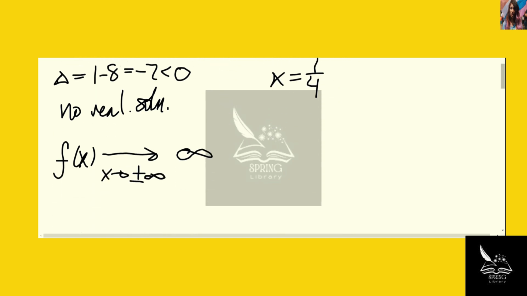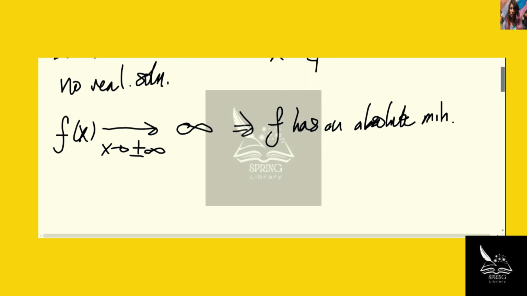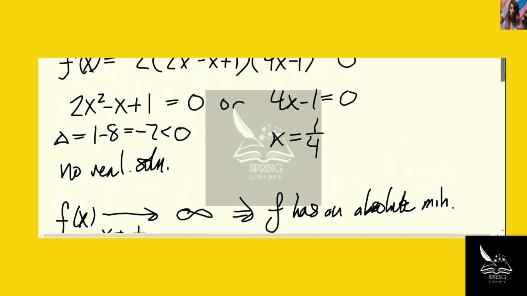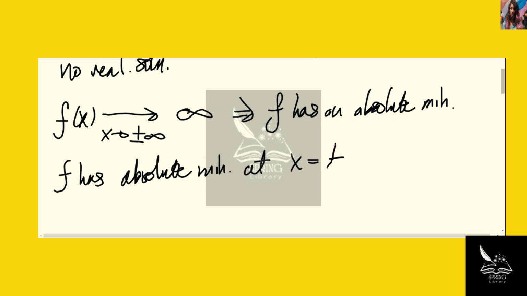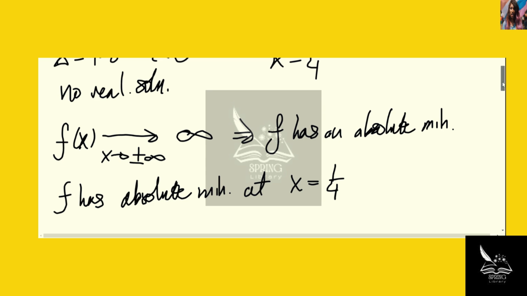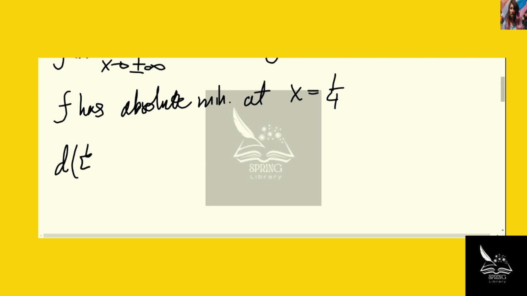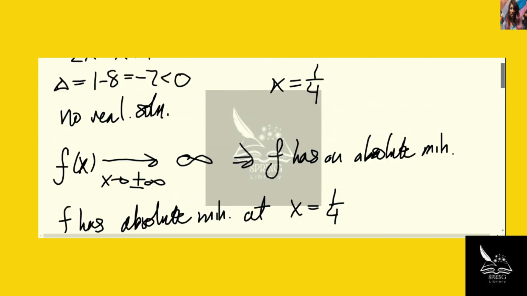Therefore, it follows that f has an absolute minimum on its domain, and its absolute minimum must occur at one of the critical values. So it follows that f has an absolute minimum at x equals 1/4, and therefore the minimum vertical distance is d of 1/4, which is the absolute value of 2 times 1/4 squared